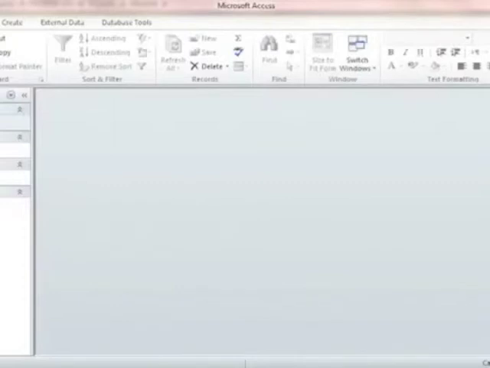Microsoft Access 2010 Designing Database Tables. The most important part of creating a database is planning. This can be difficult when you are first learning to use Microsoft Access. Here are some questions that may help.